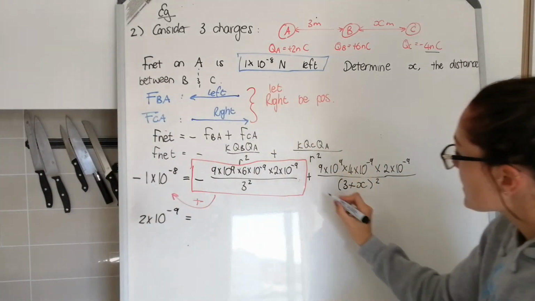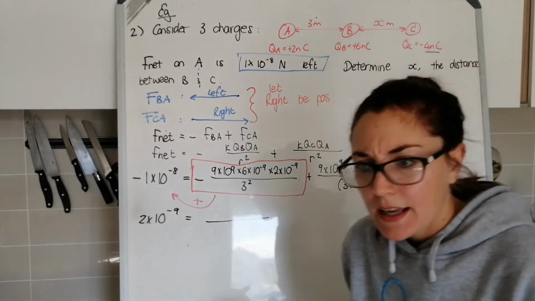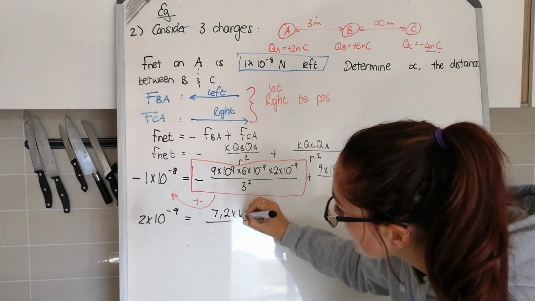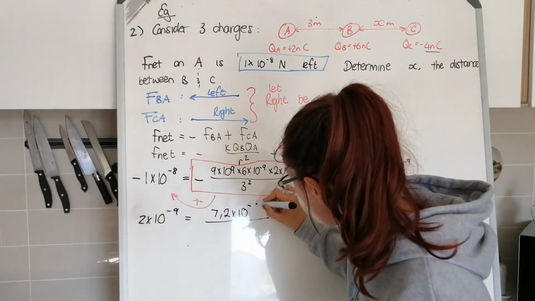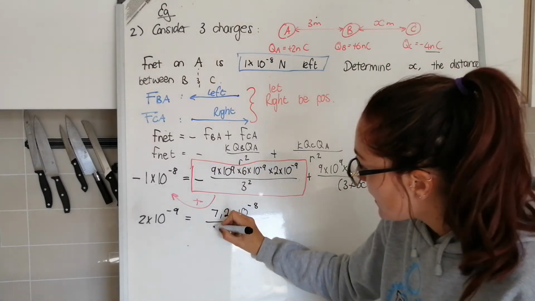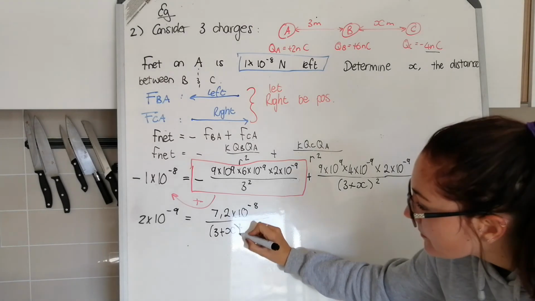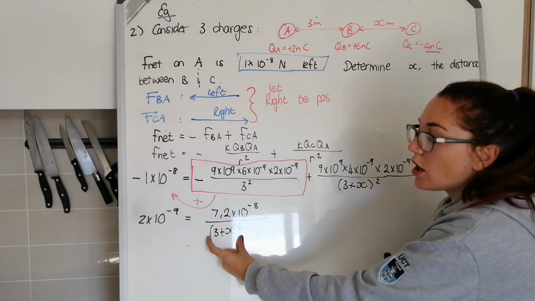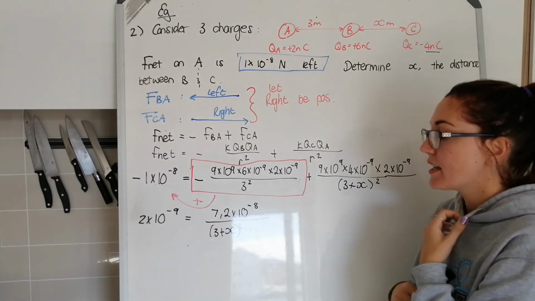equals this fraction. I can simplify the top of that fraction, and when I do, I get 7.2 times 10 to the minus 8. Sorry, my eyes are not very good. Over my denominator, which is 3 plus x squared. Okay, now it's up to you how you like to solve equations where your denominator has your variable in it. So my preference is,